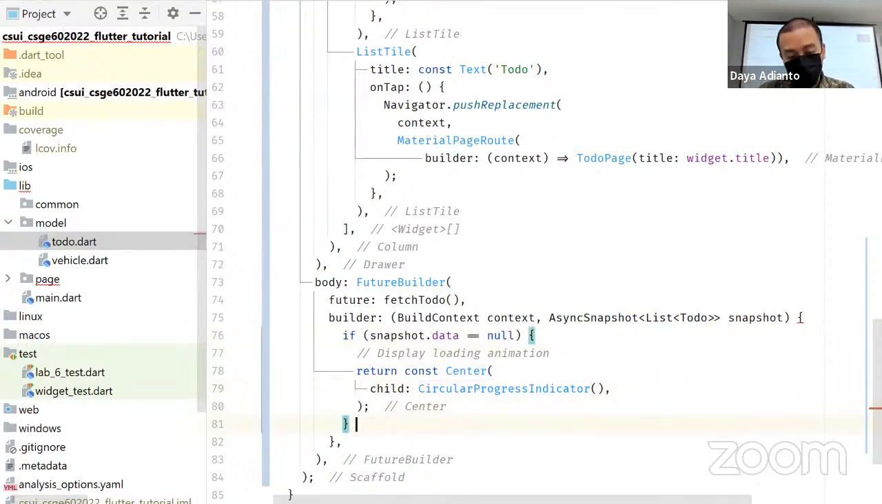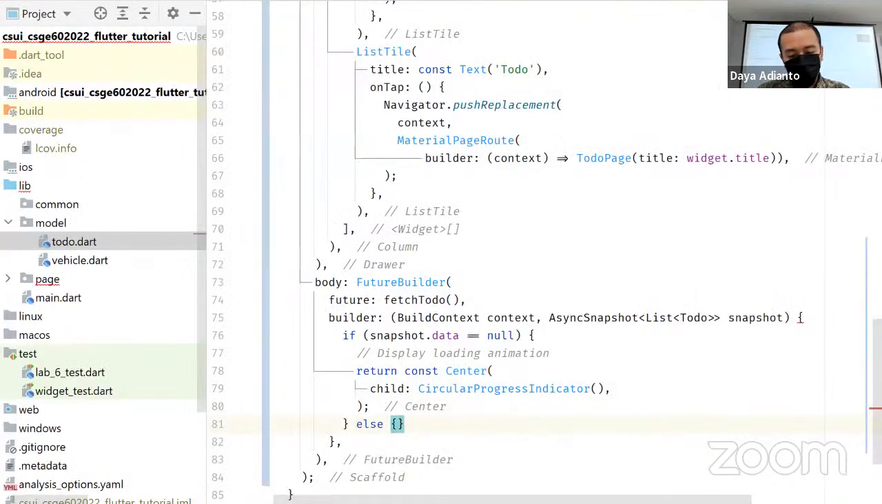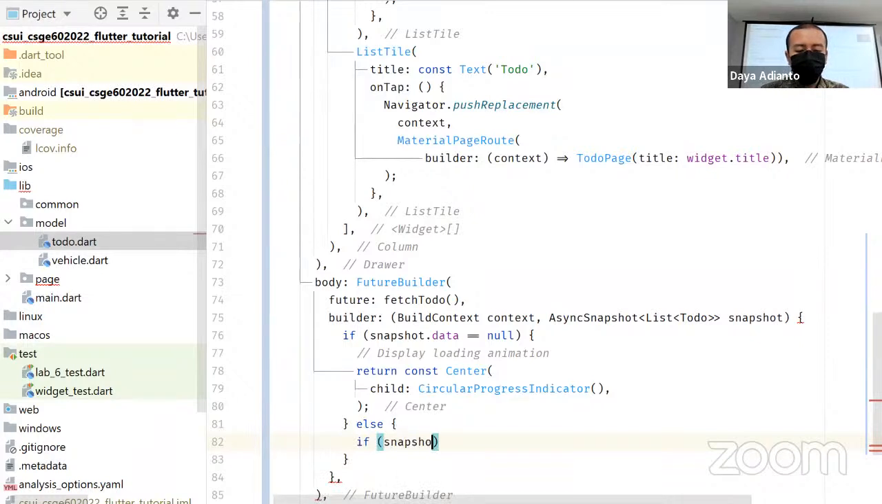However, if it's already containing data, check again. If the response is actually empty, meaning that the snapshot data is empty. If snapshot.hasData